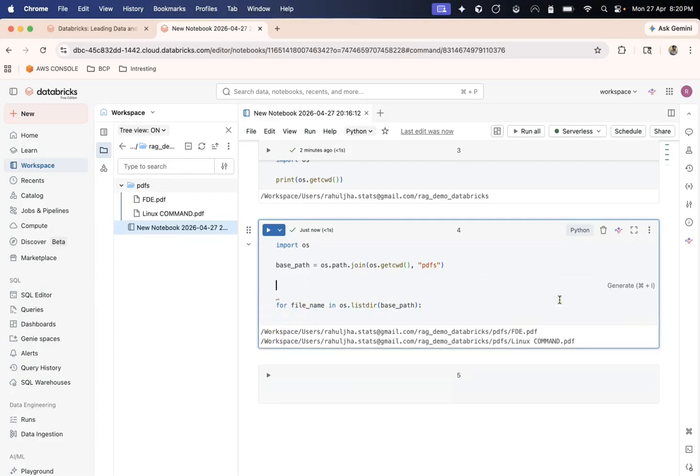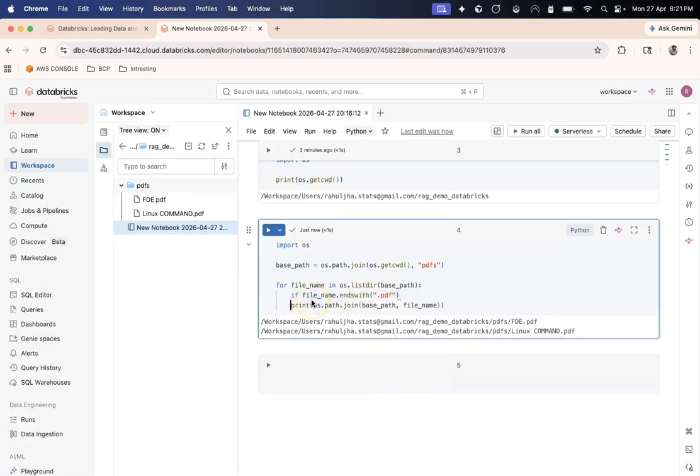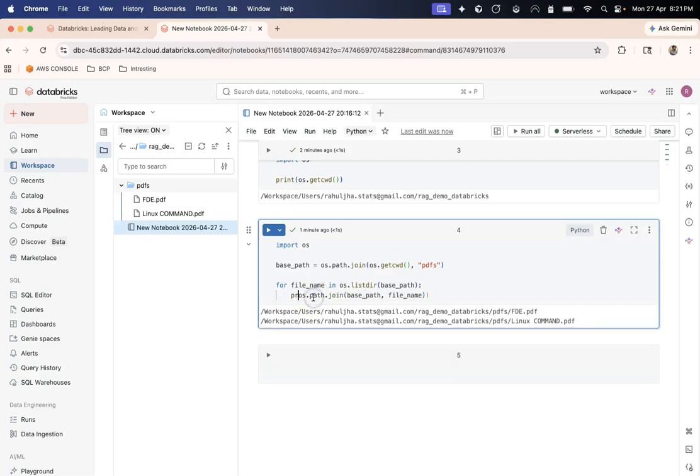Okay, so now I would like to create not a dictionary, but rather a list. This list will hold all the pages of my PDF files, both the PDF files. So from here, let me do Control Z. I think I removed that part which was important. Okay, so I want to grab hold of the full path. This full path is os.path.join base path and then file name. And from this full path, I would like to read the PDF.